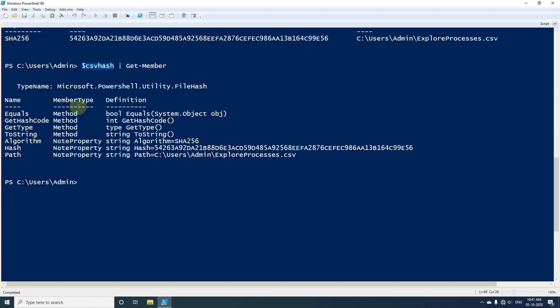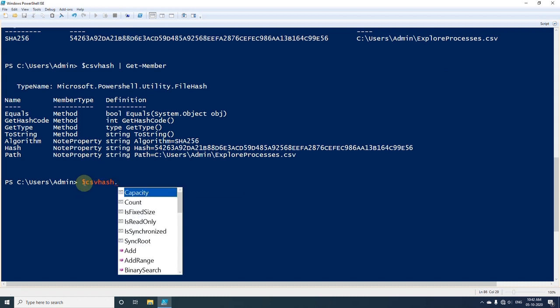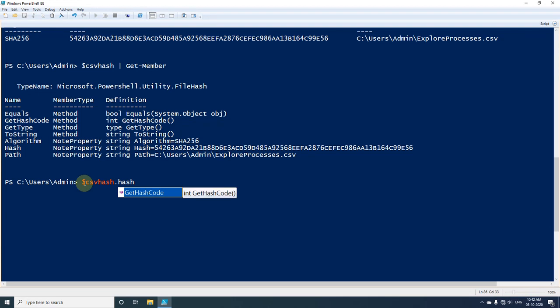And now if I want to fetch the value of any particular property, then I will use the dot notation. So you can see here that we have NoteProperty for this object, and if I want to fetch the value of this property, I will use dot notation.